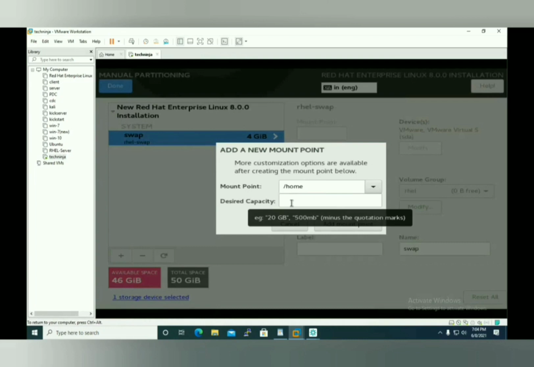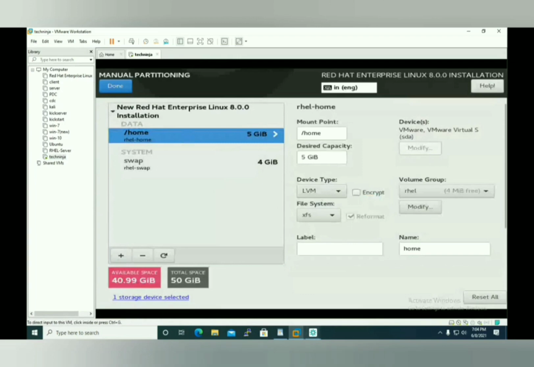So I require some amount of storage here, but specifying a large size is also meaningless. So go according to your requirement. My requirement, let me specify only 5 GB here, at the mount point. So slash home is configured.